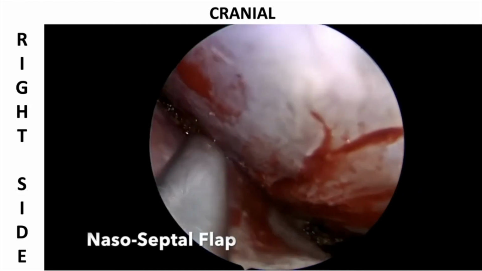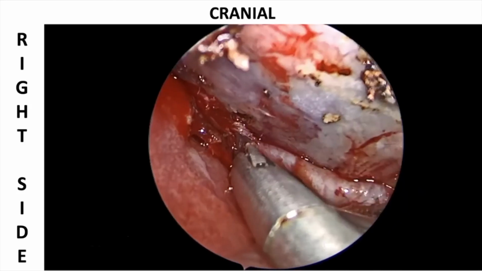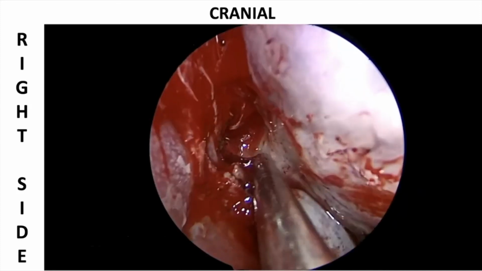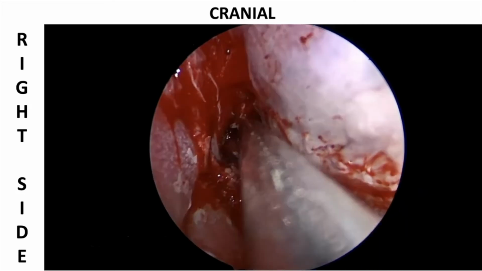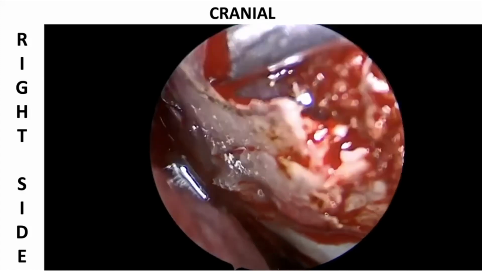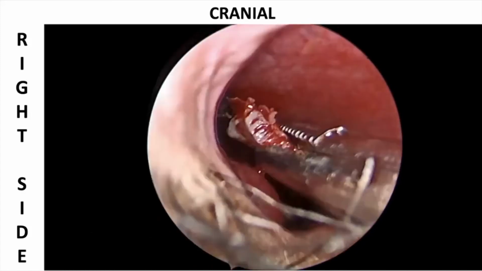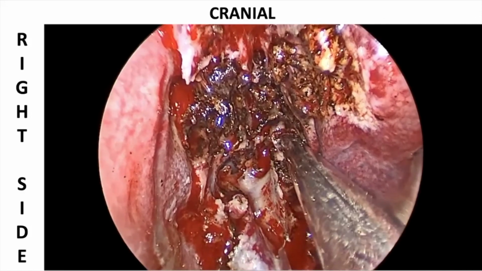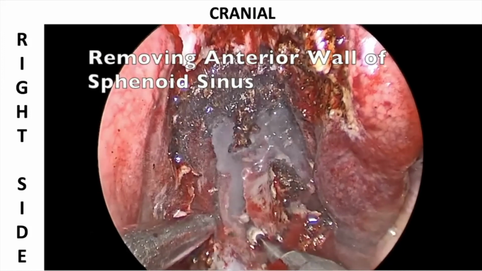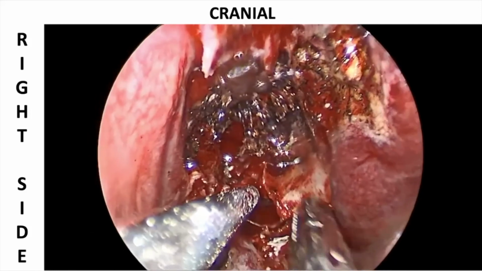Nasoseptal flap being raised, and making a superior cut and the inferior cut. This is the mobilization of the nasoseptal flap, and then a removal of bone, by binostril approach. This is removal of the anterior face of the sphenoid sinus,